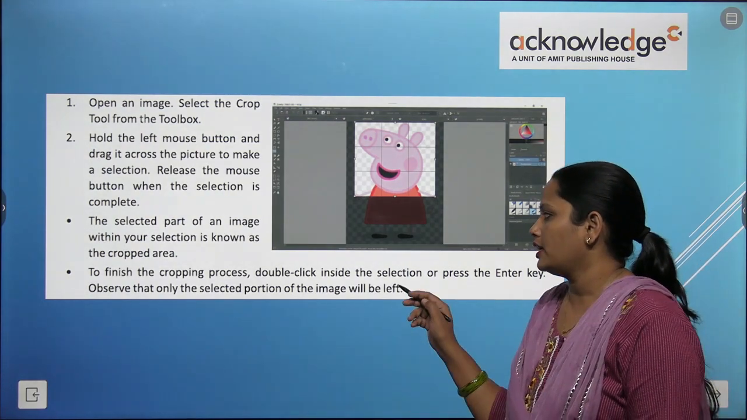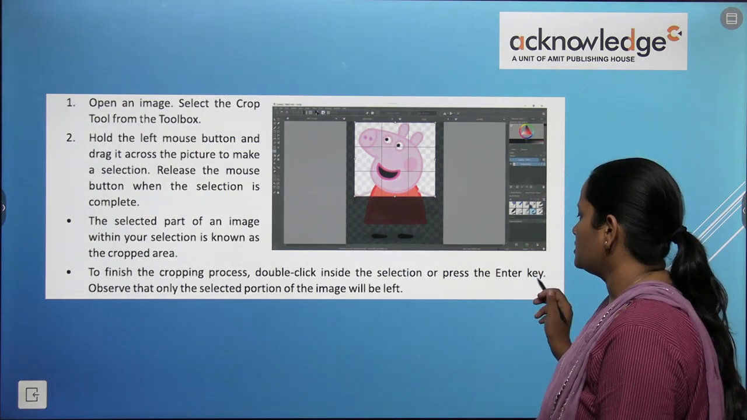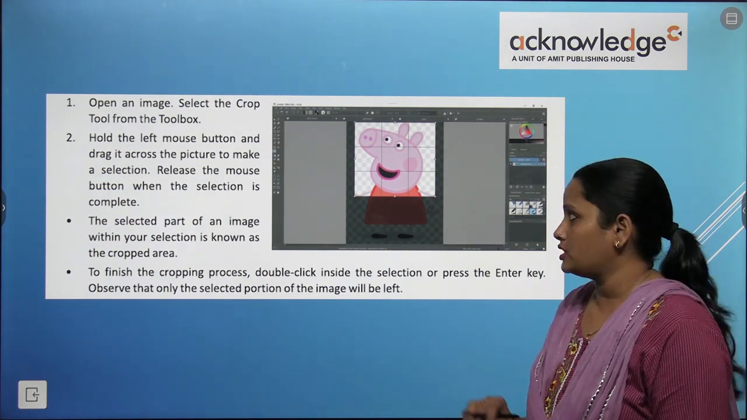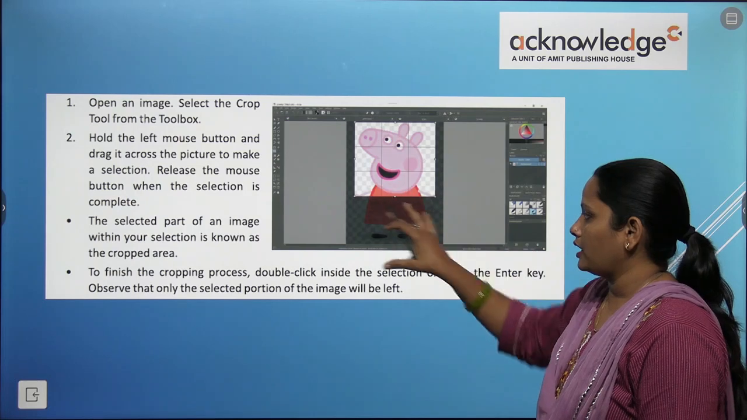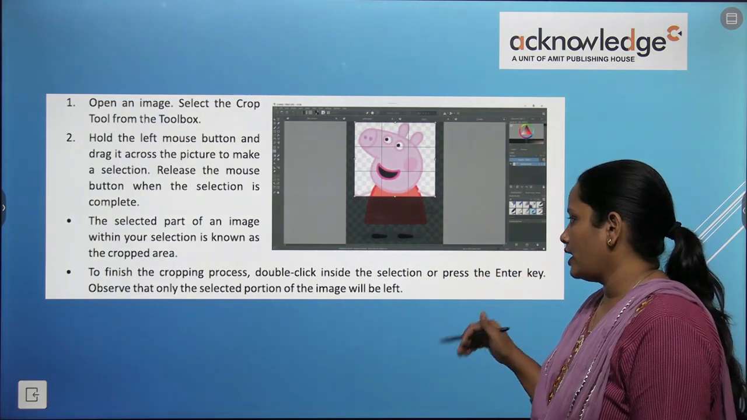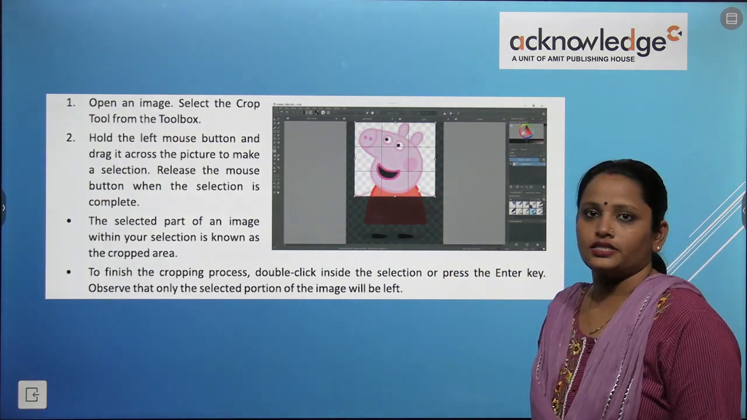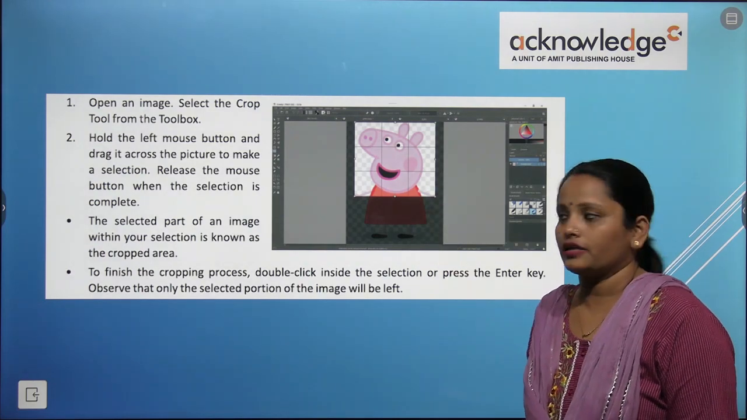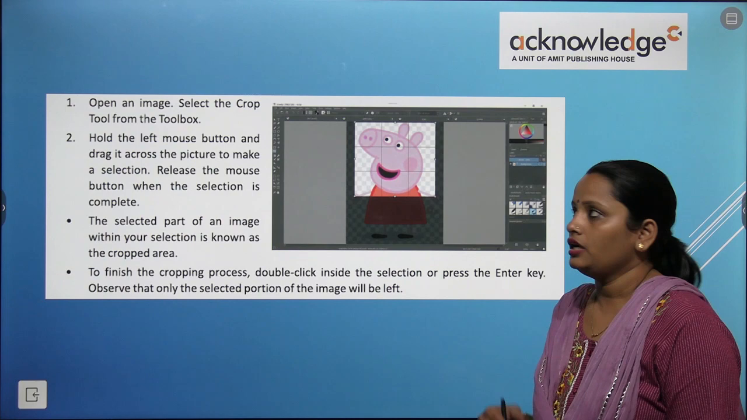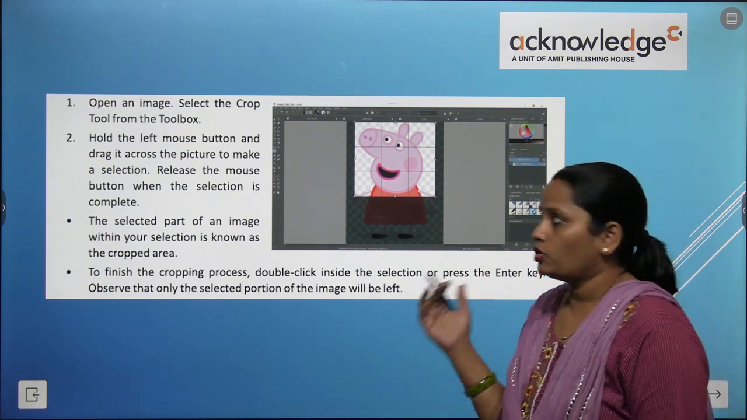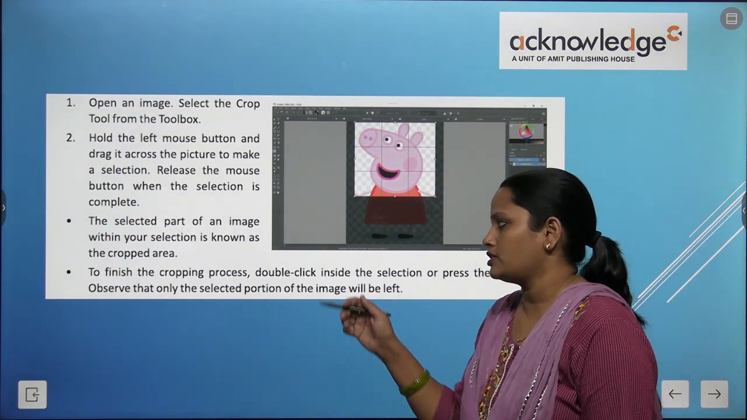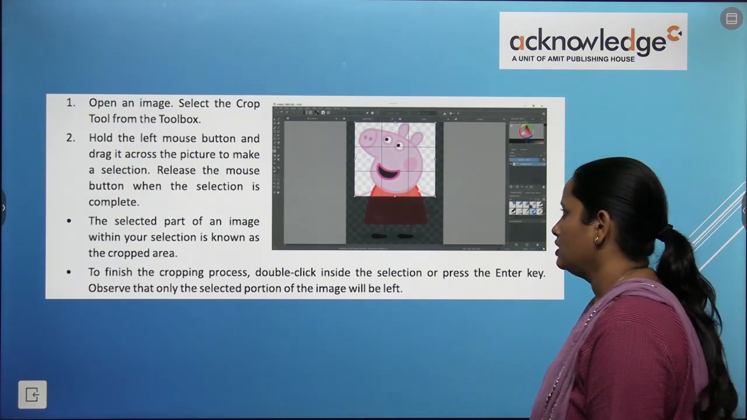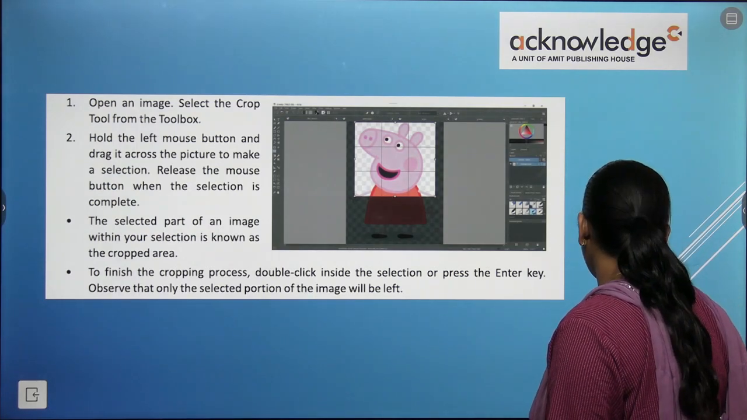To finish the cropping process, double click inside the selection or press the enter key. सो क्रॉप करने के बाद या तो हमें एंटर की प्रेस करना है जिससे कि सिर्फ इतना पार्ट दिखे, बाकी पार्ट हट जाए, और दूसरा तरीका है वी कैन क्लिक इनसाइड द सिलेक्टेड पार्ट। सो इस पार्ट के अंदर भी हम डबल क्लिक कर देंगे तो भी ये हमारा क्रॉप पिक्चर हमारे सामने आ जाएगी। ऑब्जर्व दैट ओनली द सिलेक्टेड पोर्शन ऑफ द इमेज विल बी लेफ्ट। हम क्या देखेंगे कि जो पोर्शन हमने सिलेक्ट किया बस वही हमें दिखाई देगा।